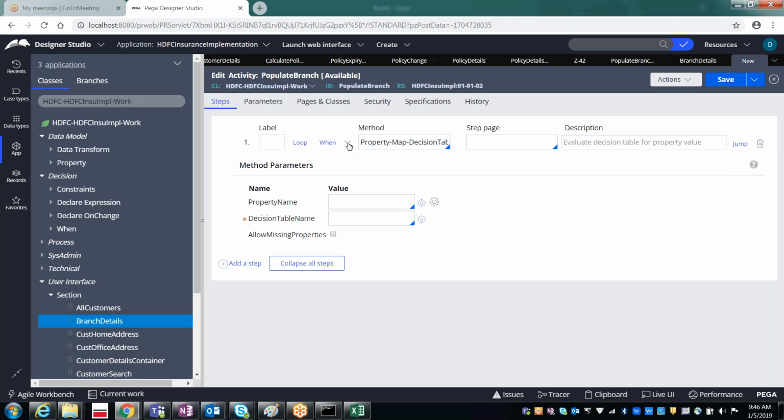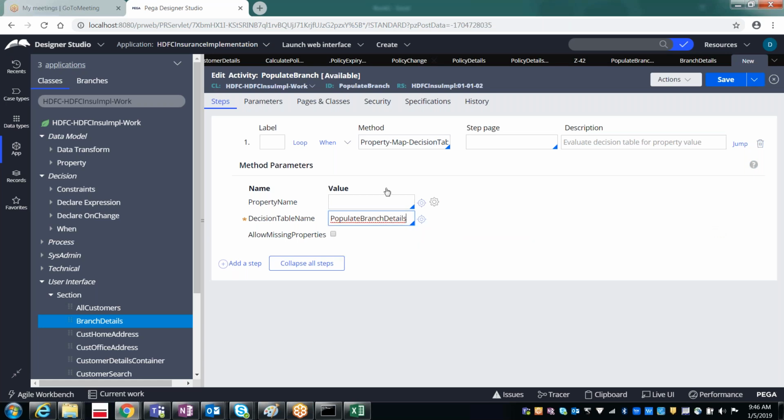Once you expand this method, it is asking for the decision table name which you want to refer. If you press the down arrow, it shows the decision tables which we have created. I have created populate branch details.